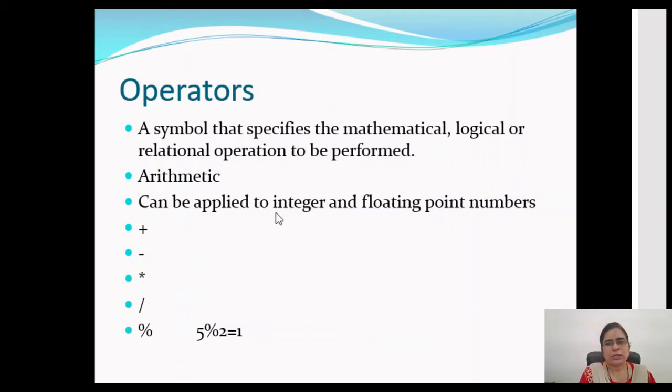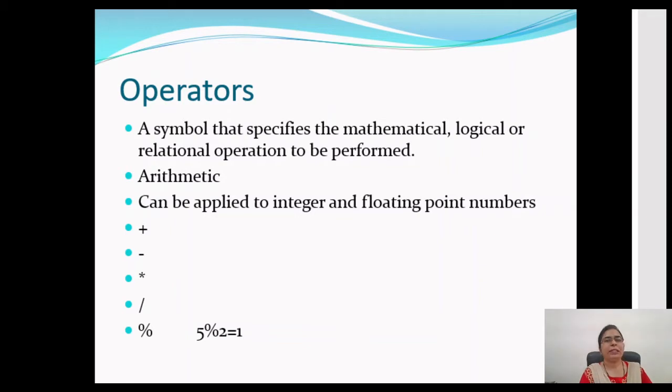As I said, we can use integer or floating point numbers here. So we have different data types indicating integer and floating point numbers to store the values related to integers and floating point numbers. If we pass one integer and one float value here for addition, the result that we will get is a float value. The same is the case with other operators. Now, if we pass one integer and the other value also as integer, then the output will be integer. Same is the case with division. If we pass both the values as integer, the result will be integer.